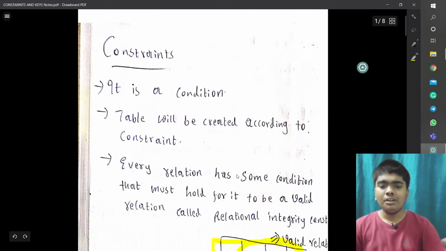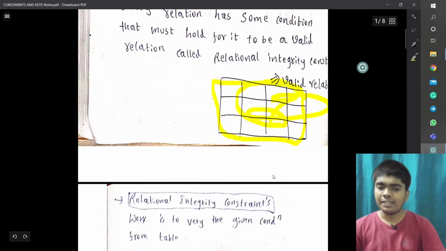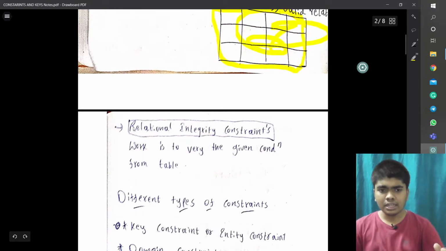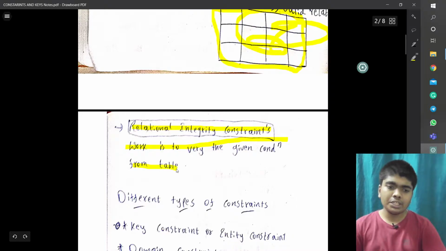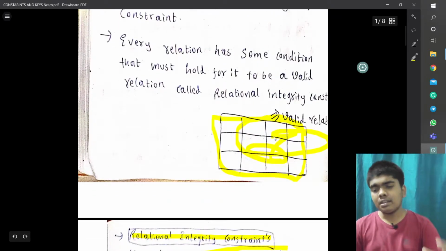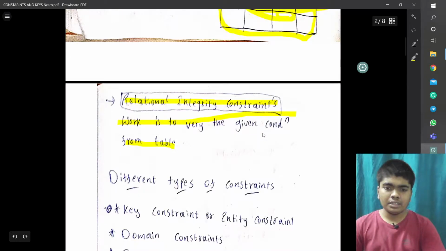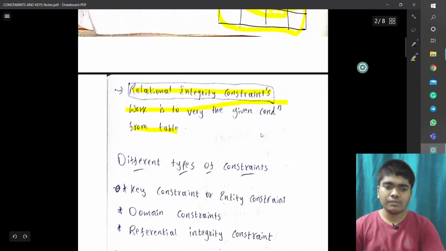That is known as a relational integrity constraint. Its work is to verify the given condition on the table, whether the table is valid or not.